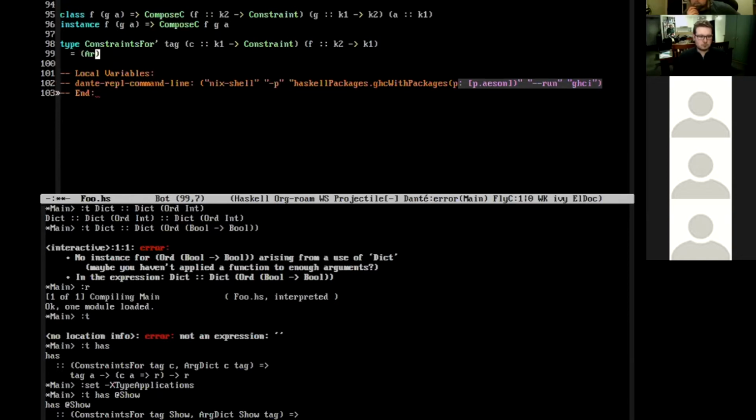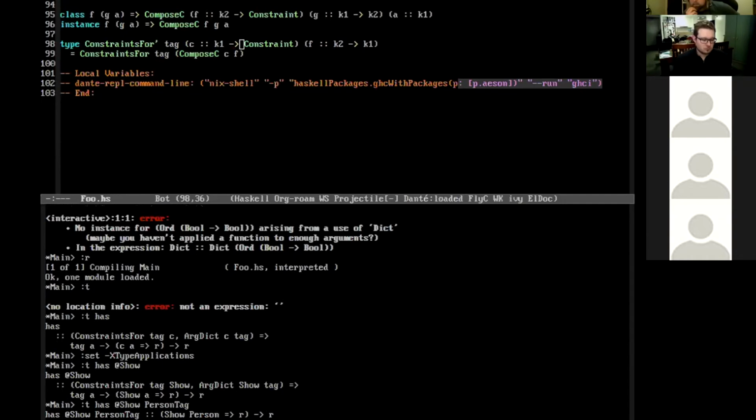And then in our constraint alias, we'll say we want the argdict for compose C C F tag. Sorry, I'm reading ahead in my notes. This is the constraints for the same tag, but with C and F composed.